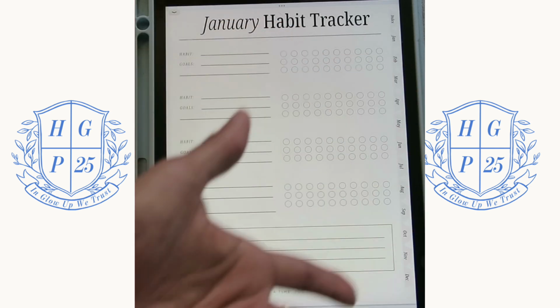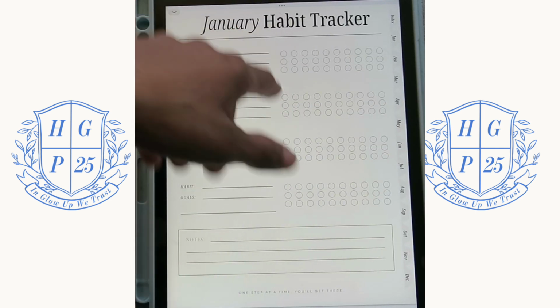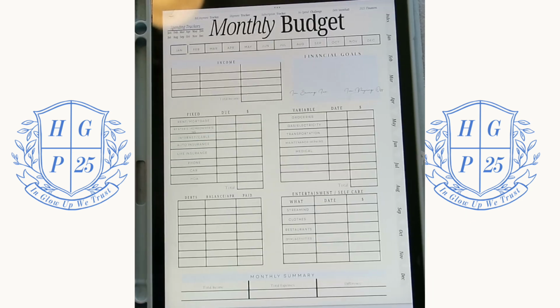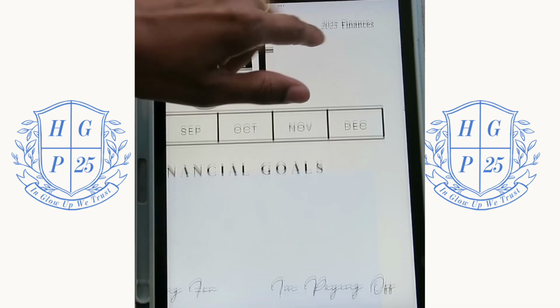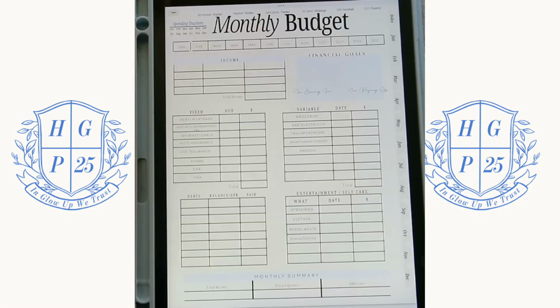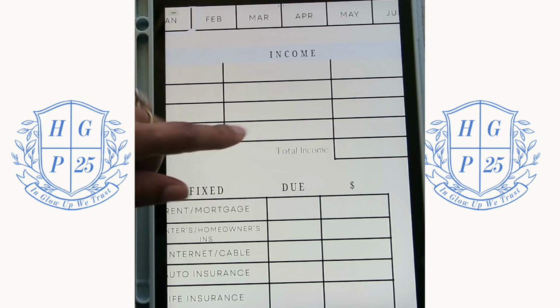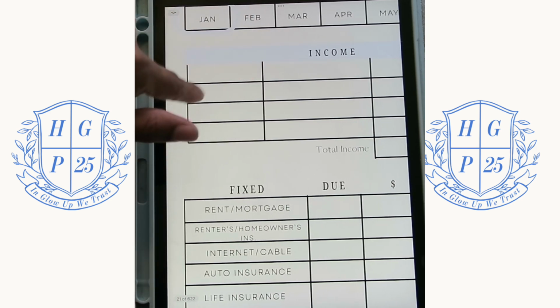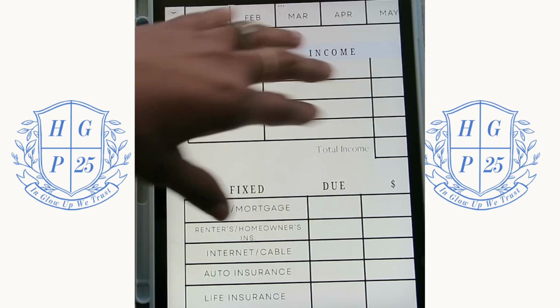And then for the months that have 31 days, just add in an extra little tick for yourself. Next, we have the monthly budget. Again, this can be accessed on the 2025 finance main page as well. Here you have an overview for your entire month, so you can outline your income, what it is, how much. You can put that all in one, or you can separate it just depending on how many income streams and